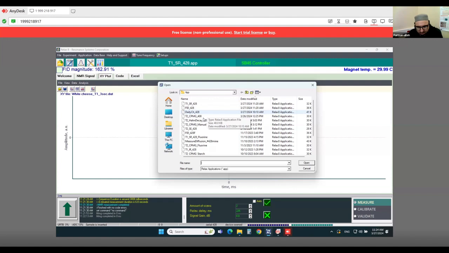A few months ago, we used it for hydrogen probes and fluorine. The applications we mostly use here are this one, saturation recovery, and the second one, CPMG 42. So I will use that CPMG to measure my